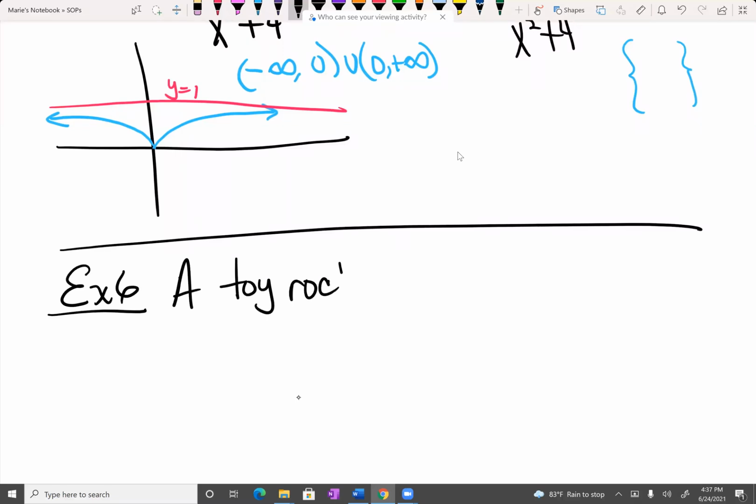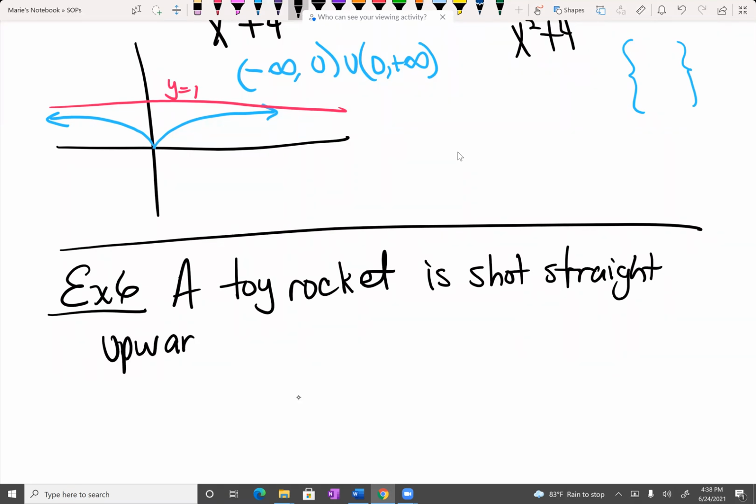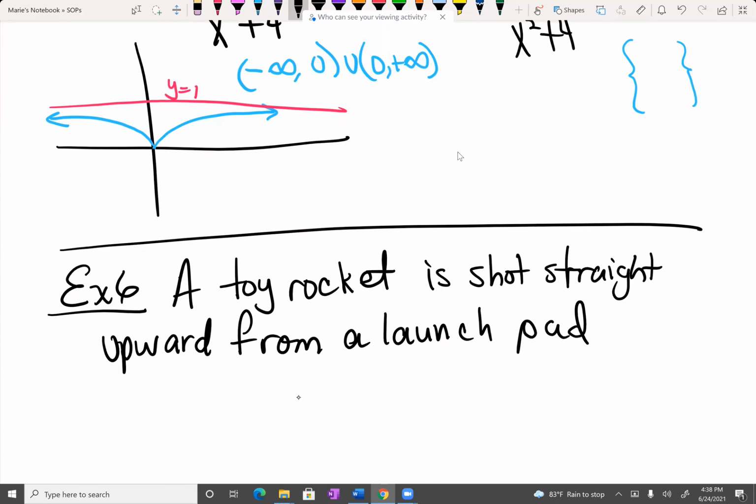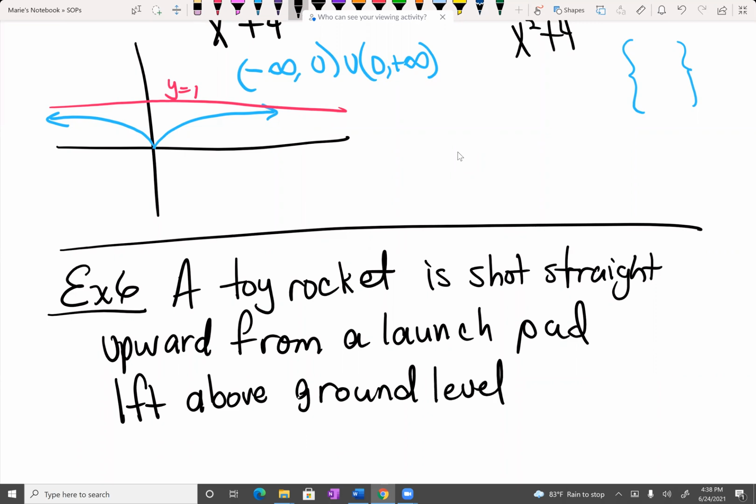A toy rocket is shot straight upward from a launch pad one foot above ground level with an initial velocity